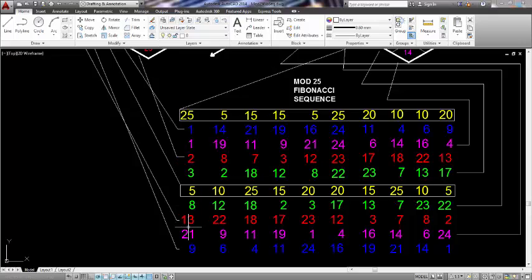But you can't have a number bigger than 25 if you're using mod 25. So once you get to anything bigger than 25, so this is 34 minus 25, which is 9. So that's mod 25. So all I'm doing is making the Fibonacci sequence, but I'm putting it in mod 25,